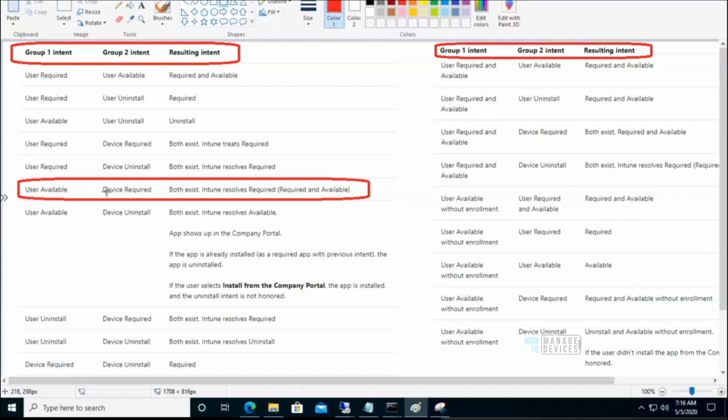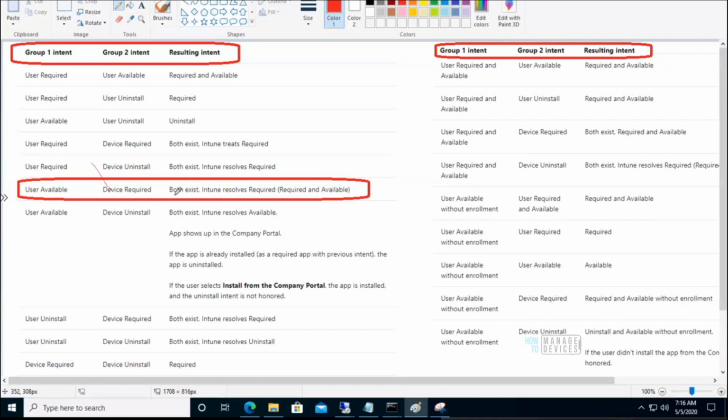And if you have an application that has two assignments, one is the user group with available assignment, and the other one is a device group that is required, then what would be the end result you can see in the VM?